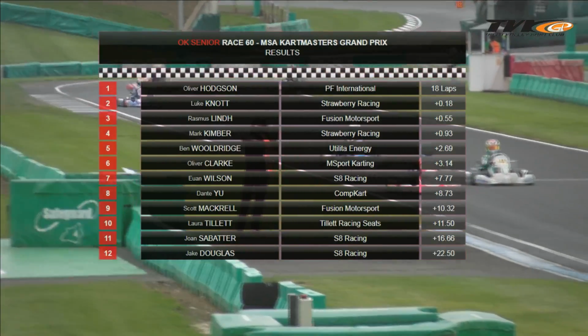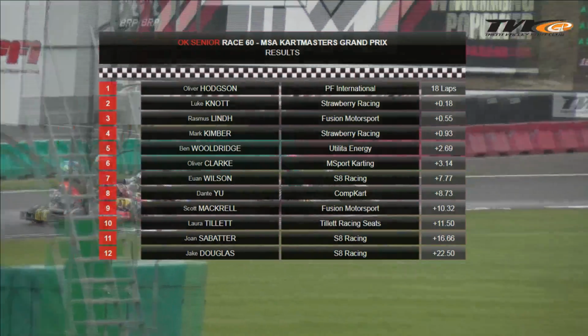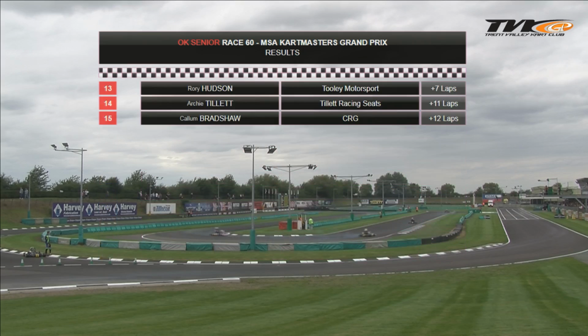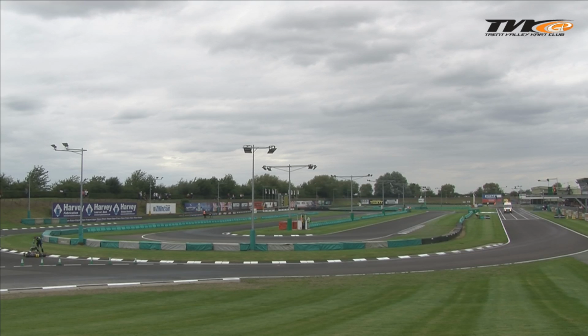wins his 3rd title, and we go into the last couple of races saying that the double for the 2nd time in Kart Masters history is still potentially on. Luke Knott finishes as the runner-up, and only about half a second down. 3rd was Rasmus Lint, so we have Sweden on the podium. Then Mark Kimber in 4th. What a result for Ben Waldridge. Privateer driver takes a top 5 finish in the Grand Prix. Oliver Clark